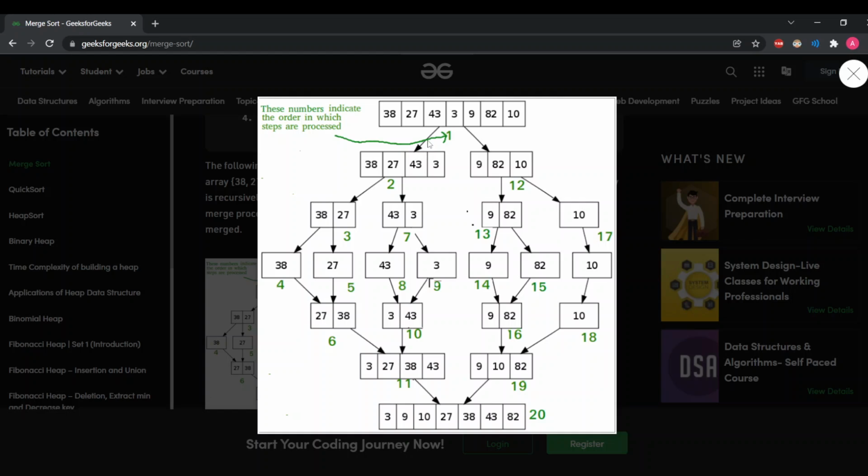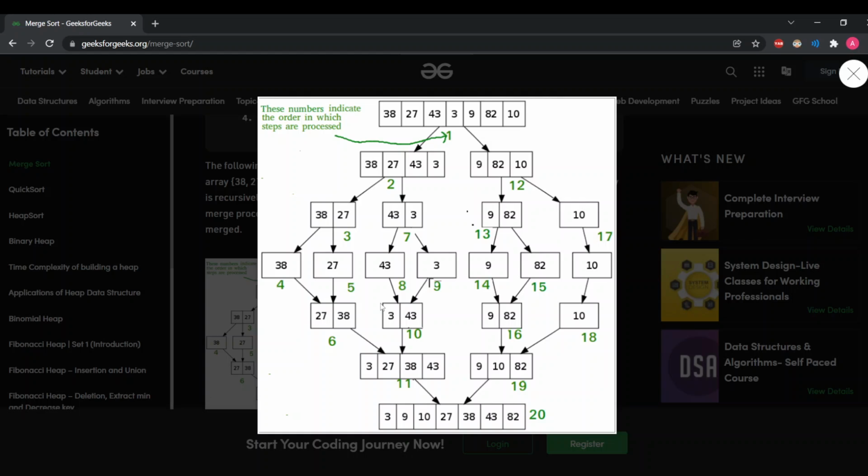Firstly, the array is divided into two subarrays with 4 and 3 elements. The array with 4 elements is further divided into arrays with two elements. Again, the arrays with 2 elements are divided into subarrays with a single element. It is the same with the other subarrays as well.